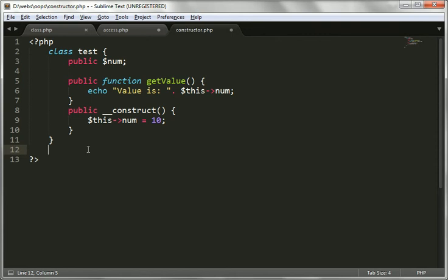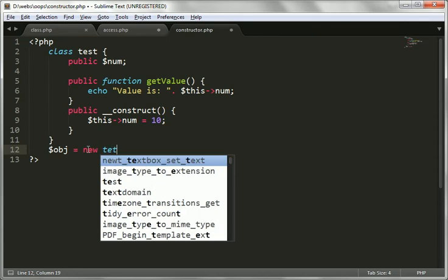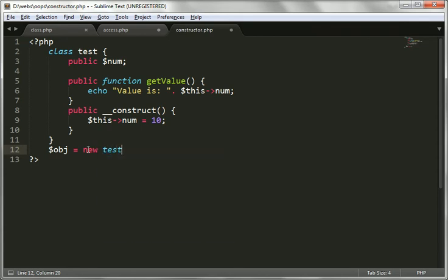And see here what I'm going to do: I'm going to create one object with the new keyword, then the class name Test, and opening closing parentheses, semicolon. Then I call the getValue function on the object.